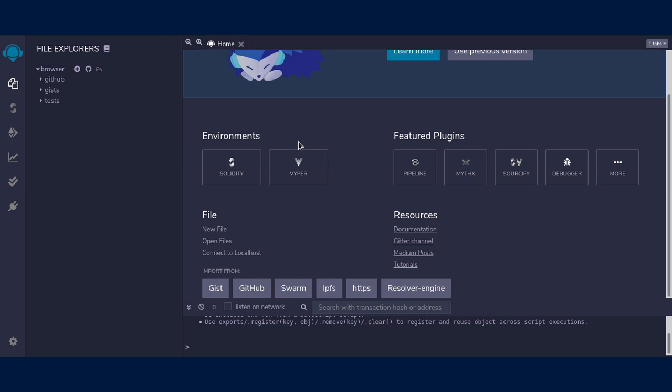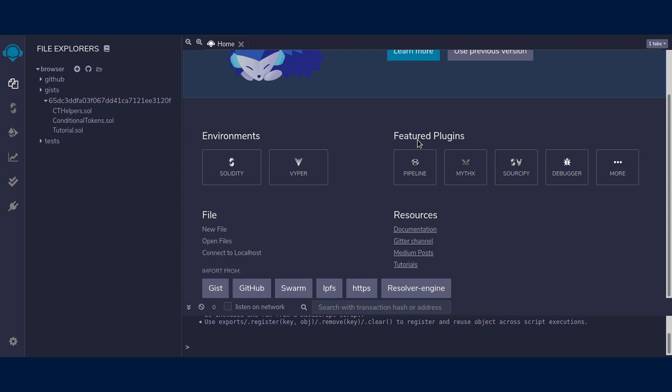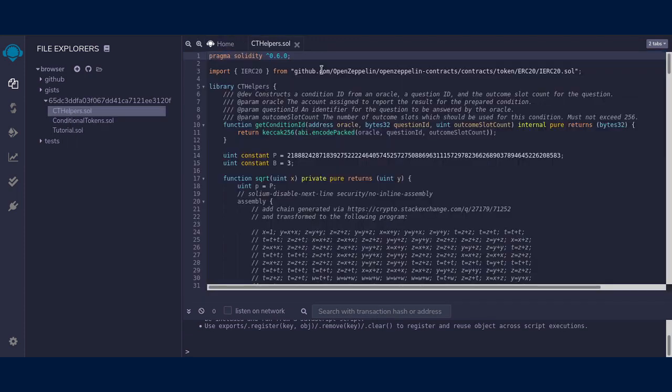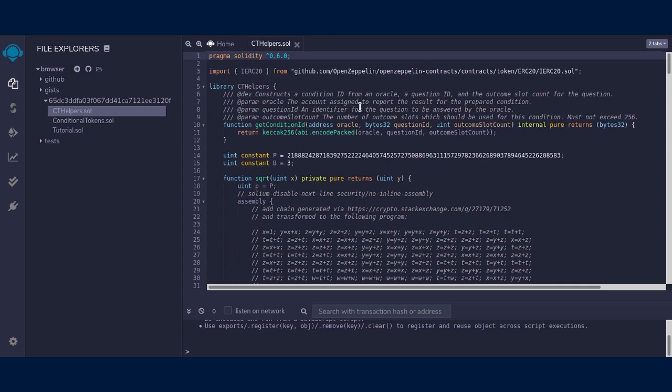To begin, we will import from a GitHub gist. Importing this gist will result in 3 files being imported into your Remix IDE. Let's take a look at the files. First, CT helpers is a library which implements helper routines for the conditional tokens contract. We won't be going too much into detail about the implementations done here, but this is required by the conditional